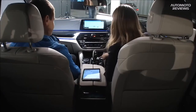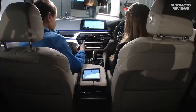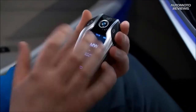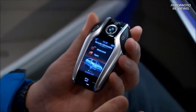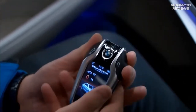Brilliant. Now, I've also spied the display key. It is. Let me take this phone out. And yeah, the display key. We talked a little bit about that before, didn't we? So it's got the usual functions on here of lock, unlock, and boot release, but it's got a display here that's not too dissimilar from a smartphone display, actually. And this, you can see if the car's locked or unlocked, if the windows are open, service requirements, if you left any lights on,